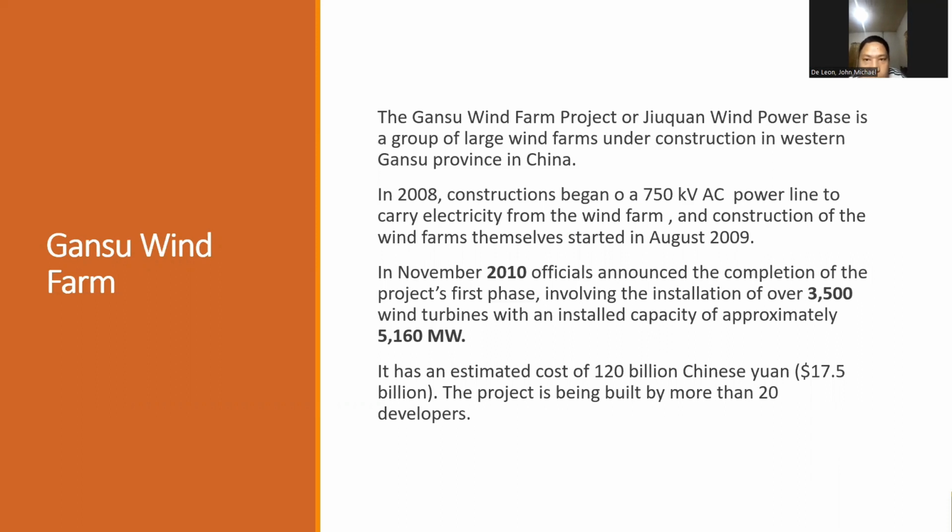In 2008, construction began of a 750 kilovolts AC power line to carry electricity for a wind farm, and construction of the wind farms themselves started in August 2009. In November 2010, officials announced the completion of the project's first phase involving the installation of over 3,500 wind turbines